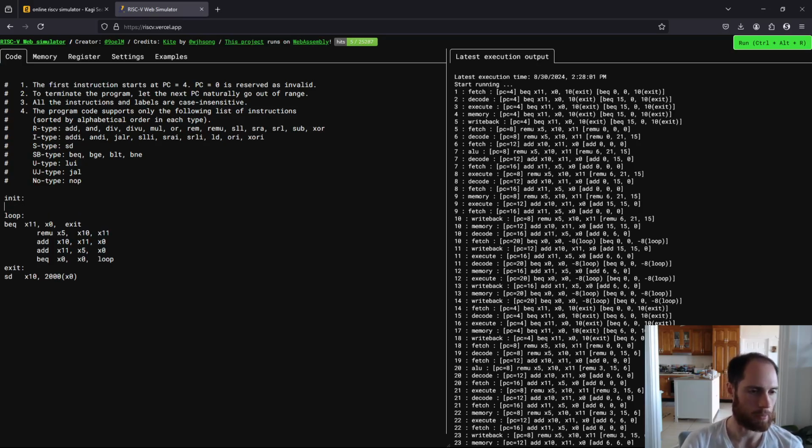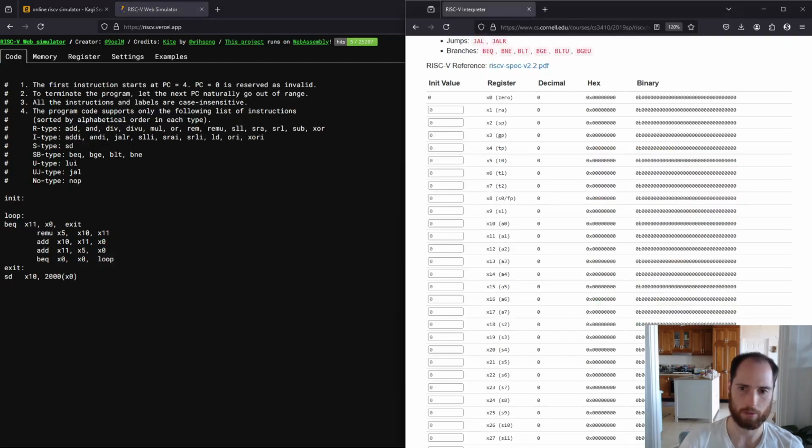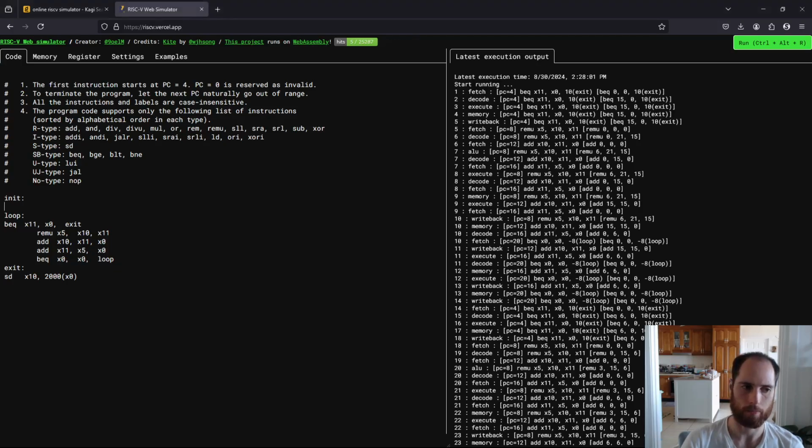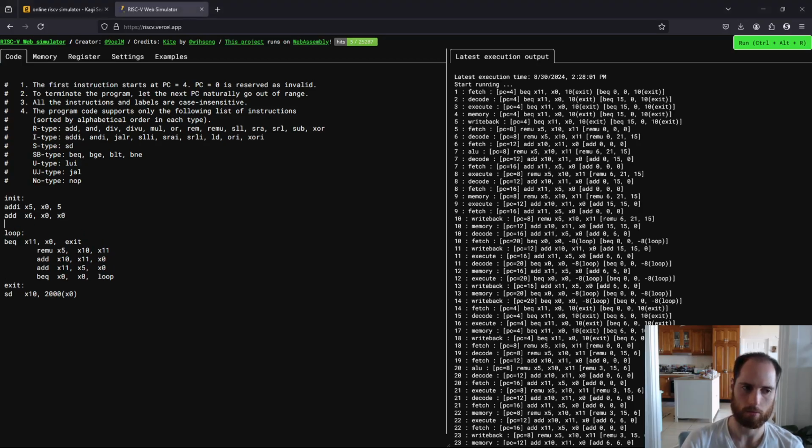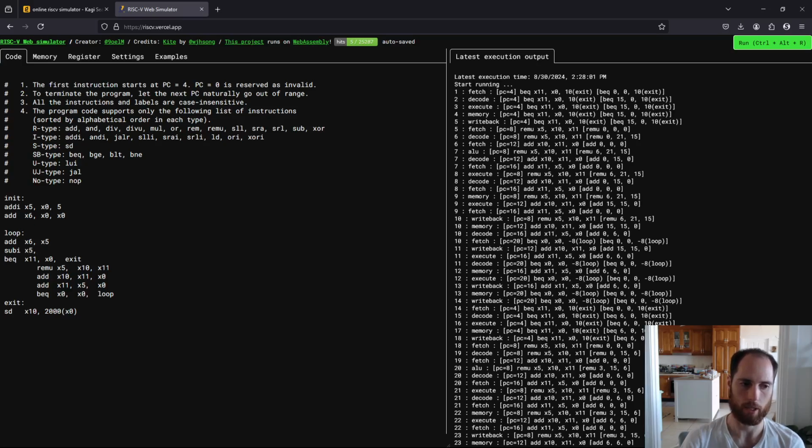Okay, so let's init this by saying we move 5 into T0, which is actually X5. Add immediate into X5, 5. And then let's use T1, which is X6, to store the sum. And then we have our loop here. In the loop, we immediately want to add to X6 the value in X5. We then want to subtract 1 from the value in X5,